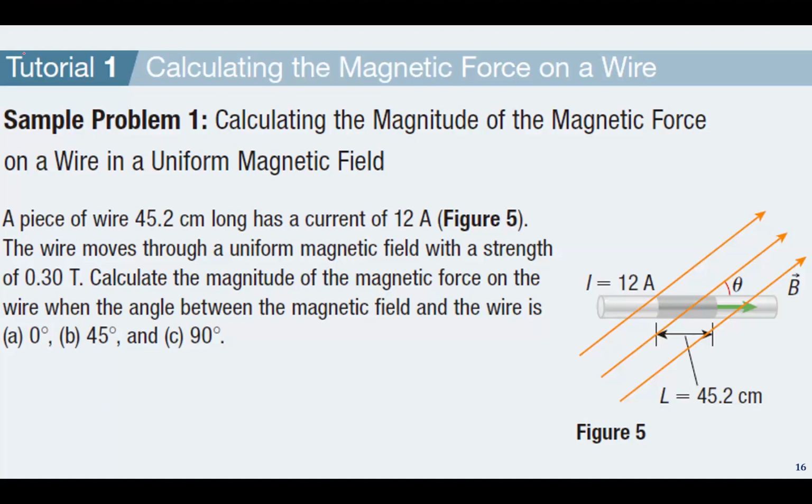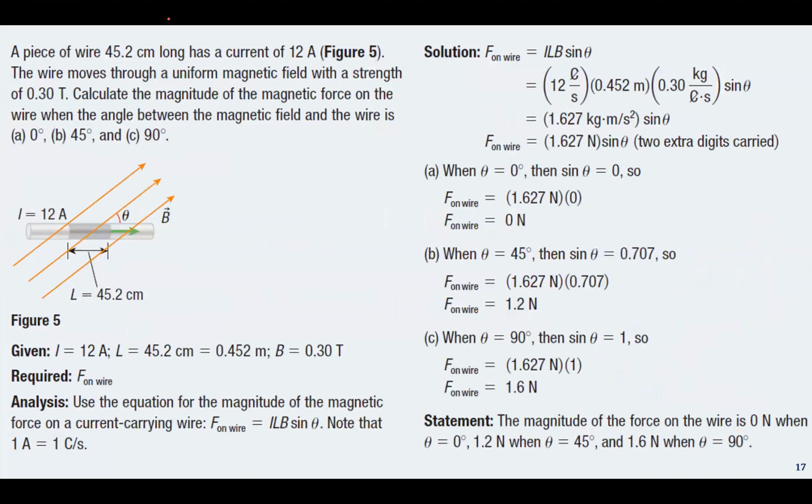All right, now let's have a look at the solution here. Note that we can use the equation for the magnitude of the magnetic force on a current carrying wire: F on wire equals ILB sine theta, right? Also note that 1 ampere equals 1 coulomb per second. So put all the values in, we have the magnetic force on the wire equals